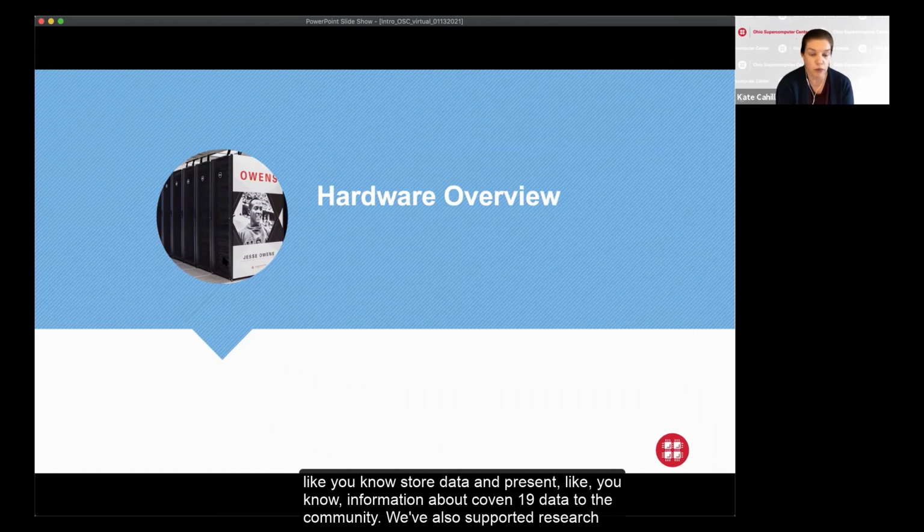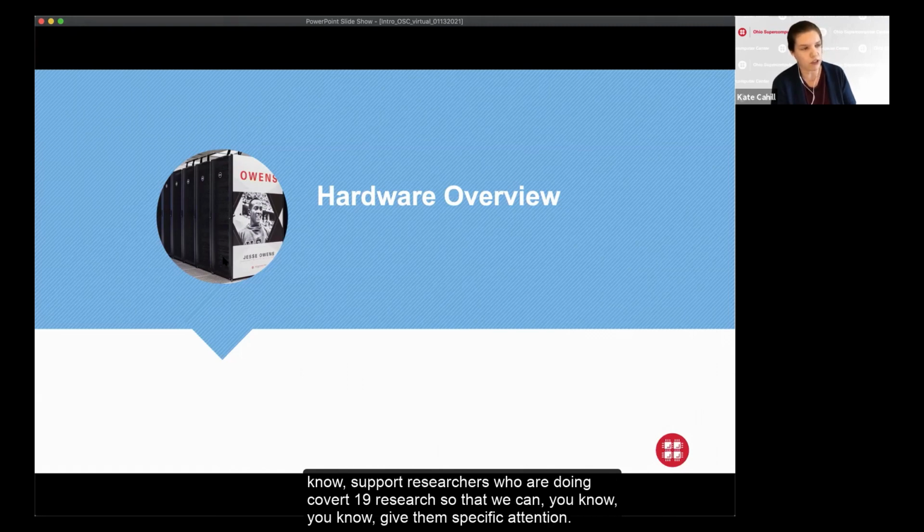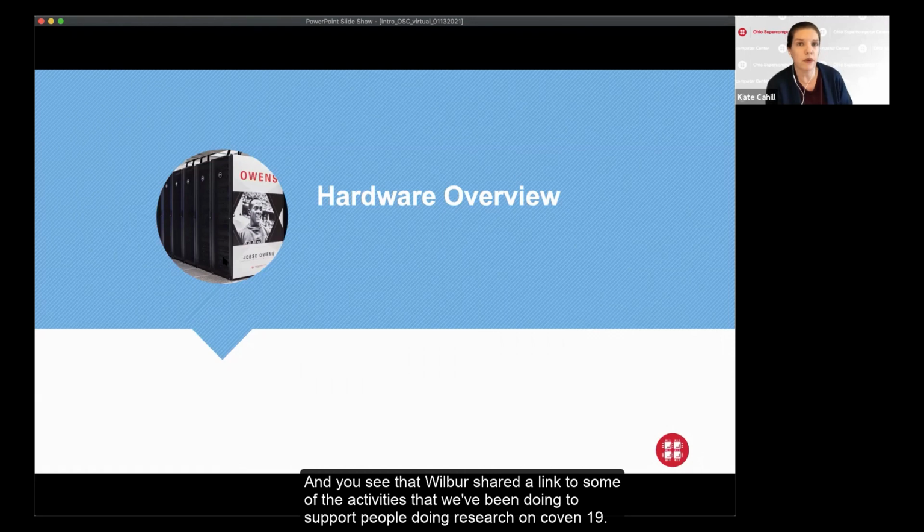We've also supported research efforts by different research groups around the state, so we've had a separate effort to support researchers who are doing COVID-19 research so that we can give them specific attention. And you see that Wilbur shared a link to some of the activities that we've been doing to support people doing research on COVID-19.